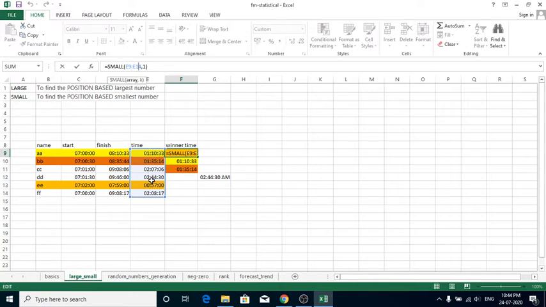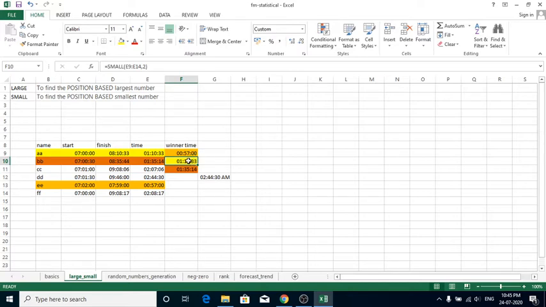We are finding the position based winners on the basis of this time interval, so this should come as the first argument. I put E9 to E14 as the first argument, and I have to find the first position, so I pass 1 as the second argument, close the bracket and press enter. Here we have 57 minutes as the shortest time interval, so that is the winner.